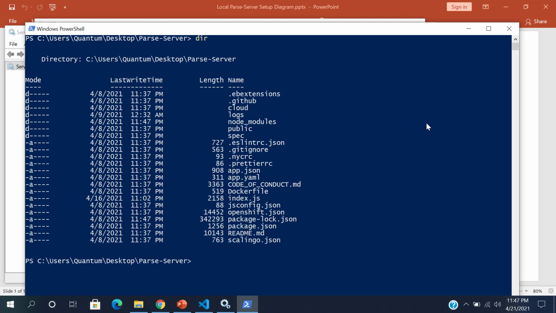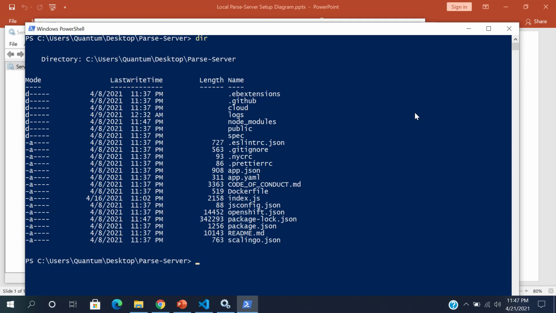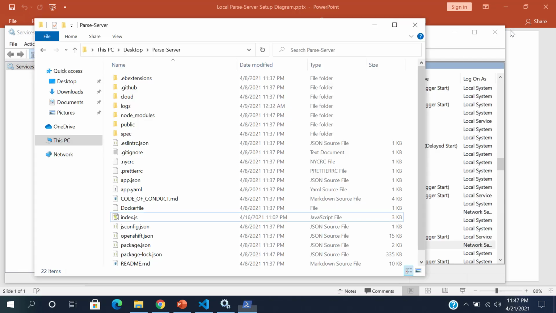I don't really like using PowerShell. PowerShell is kind of an advanced version of command prompt. So it's a powerful terminal, but I just prefer command prompt. But this is convenient in such a way that you don't have to do all that changing of directory to make your working directory to be the directory where Parse server is located. So just going to close this,